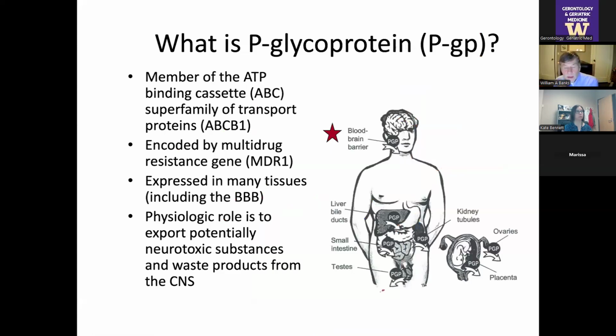And PGP is, again, probably the most clinically relevant transporter in the body that no one's really heard about. It's also called the ABCB1 transporter, or the MDR1. Cancer cells, when they become resistant to their chemotherapeutic, it's because usually they've developed this transporter that spits the chemotherapeutic back out. It's also in the gut and many other tissues where, particularly in the gut, it guards against bad things coming in from the diet. And in the brain, it protects against xenobiotics.